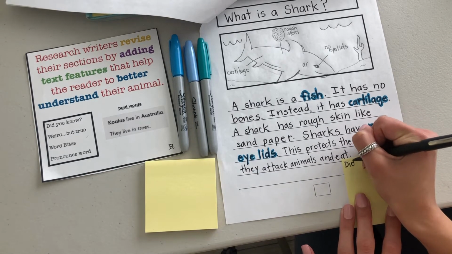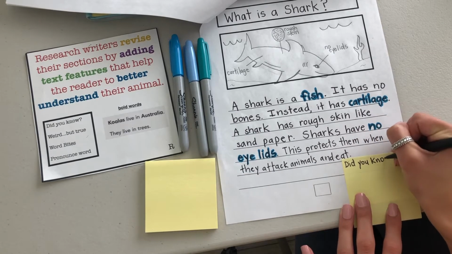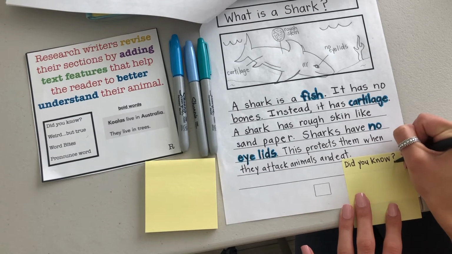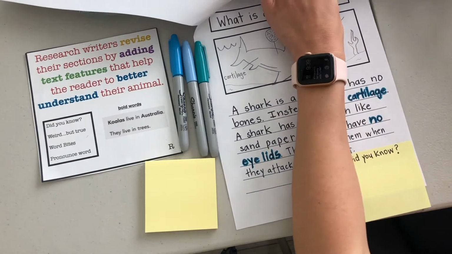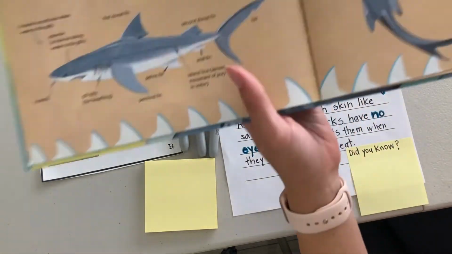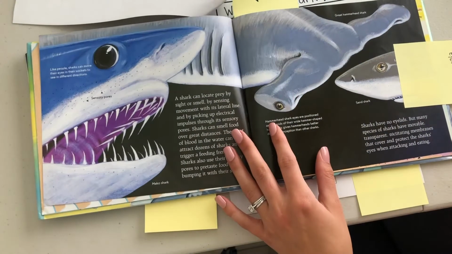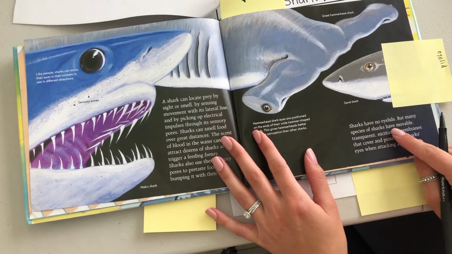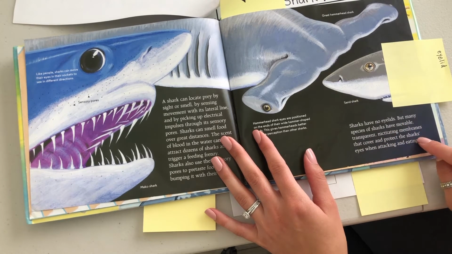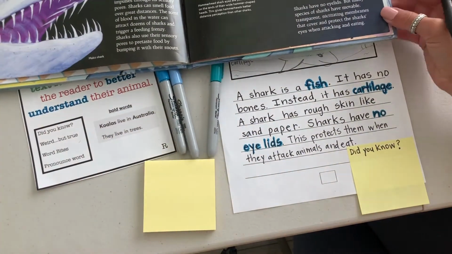Did you know? Did you know, I noticed in my book right here a little bit more information about eyelids. Right here it says, sharks have no eyelids, but many species of sharks have movable, transparent, nictitating membranes that cover and protect sharks' eyes when attacking and eating. So I thought that I would say, did you know